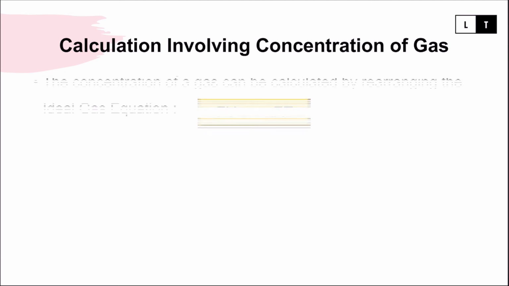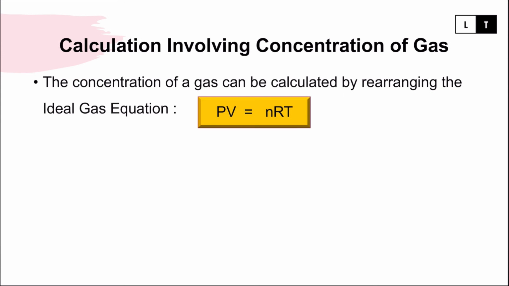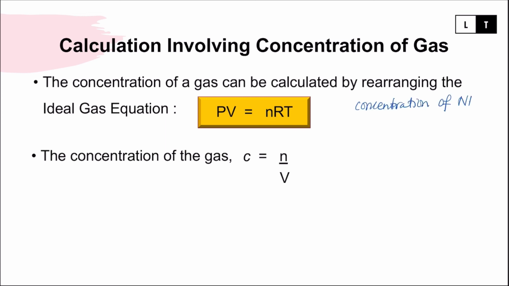Next, we will learn the last part for the ideal gas law equation, where we have to involve the calculation for concentration of gas. So concentration of gas can be calculated by using the ideal gas equation, PV equals nRT. In this case, how do we get the concentration? Usually for concentration of gas we use the symbol C, or for example if I want the concentration of NH3 gas, how do I write it as the subject? Usually I write concentration in the form of square brackets. So this is the same way for you to use. Square brackets are usually the symbol we use for concentration, more specifically